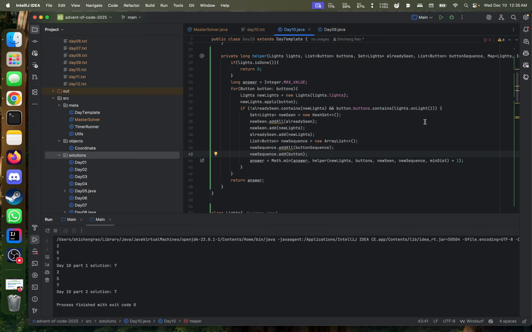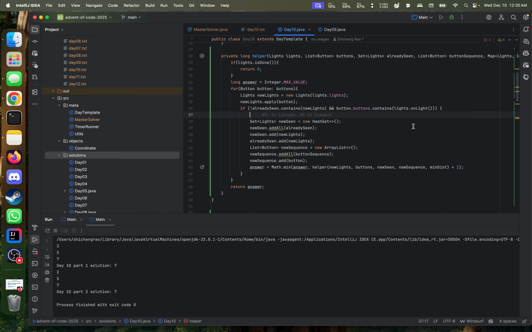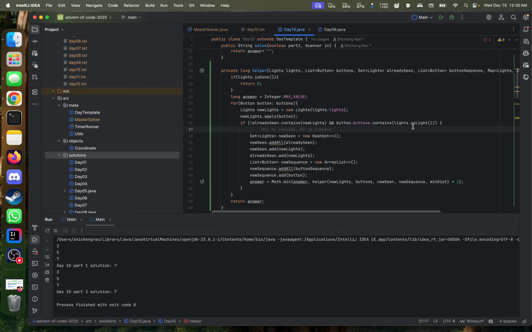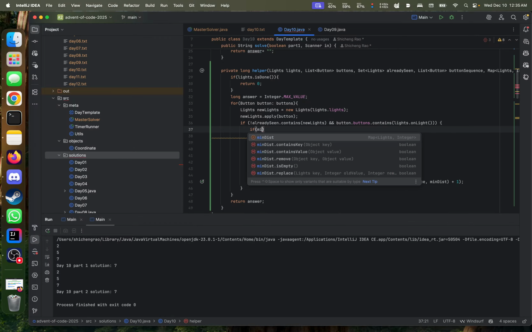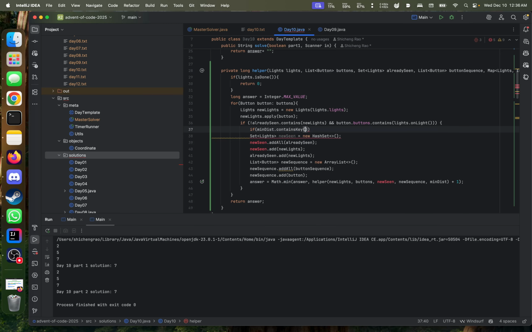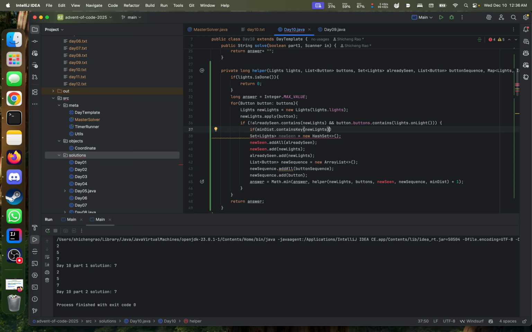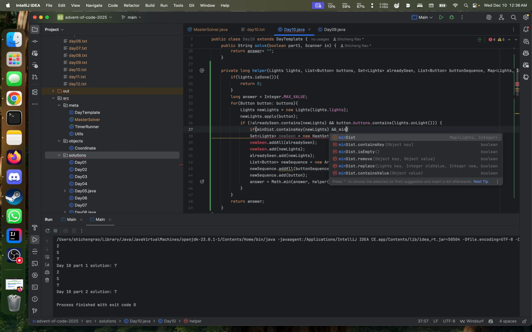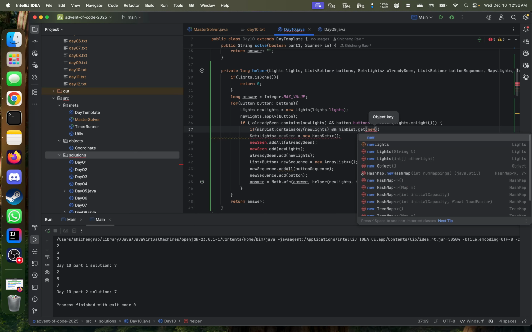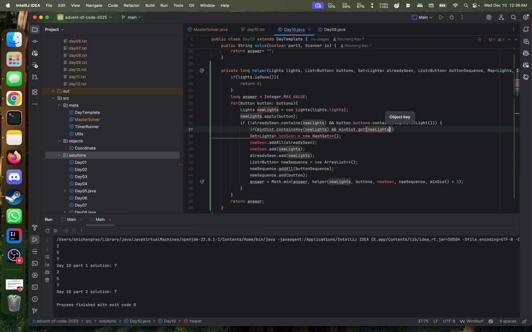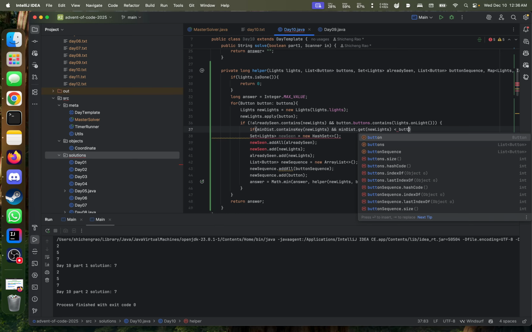So we do if minDist contains key for new lights and minDist.get(new lights) is less than buttonSequence.size,